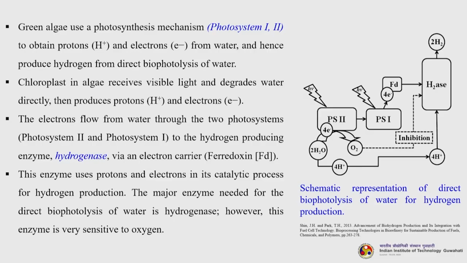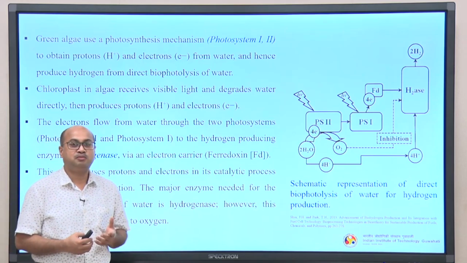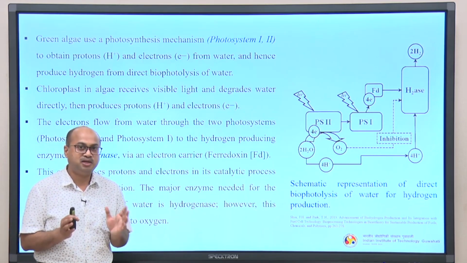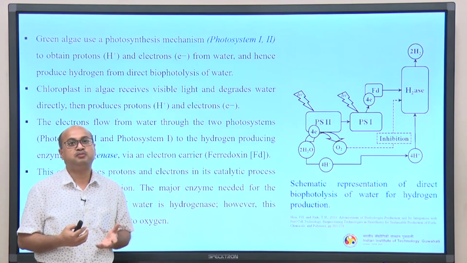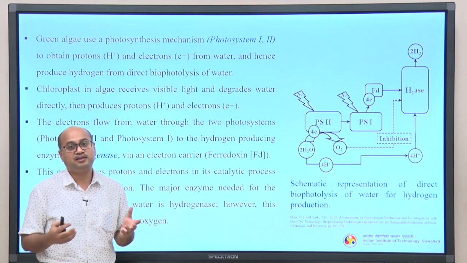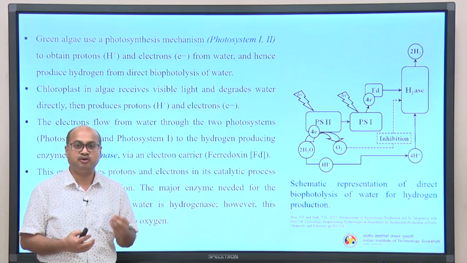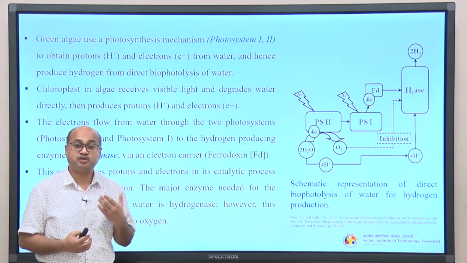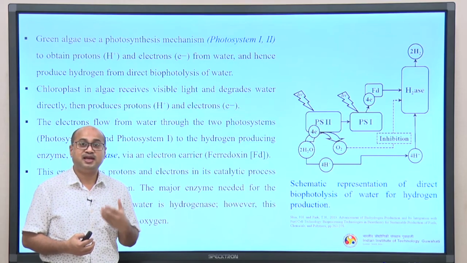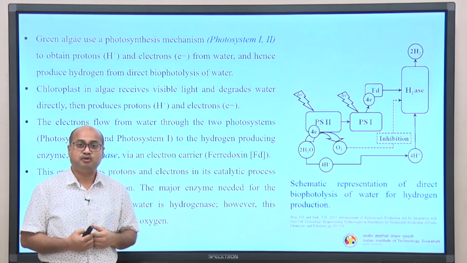You can read a little more about photosystem 1 and photosystem 2. In a nutshell, I will just tell you that between photosystem 1 and photosystem 2 there are so many differences. The basic difference is what type of light energy they are absorbing. Photosystem 1 basically absorbs higher or longer wavelength light, around 700 nanometers, whereas photosystem 2 absorbs shorter wavelength, around 630 nanometers or a little less than that. Another differentiation is that photosystem 2 actually generates the electron, E minus, directly from the water, whereas photosystem 1 gets its electron from the process of photosystem 2.